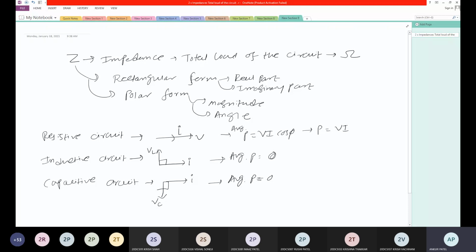In a resistive circuit, voltage and current are always in phase; there is no phase difference. In an inductive circuit, voltage leads the current, or you can say current lags the voltage. In a capacitive circuit, current leads the voltage, or voltage lags the current. Can you tell me what is leading and lagging? Anyone? What is the leading quantity and what is the lagging quantity? You studied leading and lagging for phase difference in unit number 5.